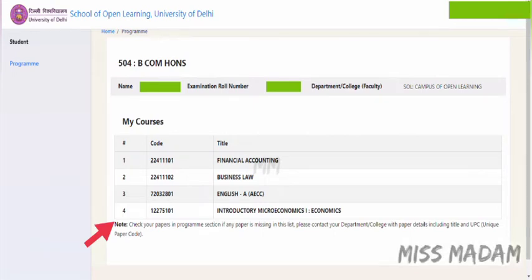Little things like keeping the stationery in one place, the books in one place, all the books, all the tiny papers. DU SOL study material, all the PDFs, you can put on your phone. You can use Google Chrome, Google, for your answers. Just put them together so that at the last moment you don't face any problems, and try to complete as soon as possible.